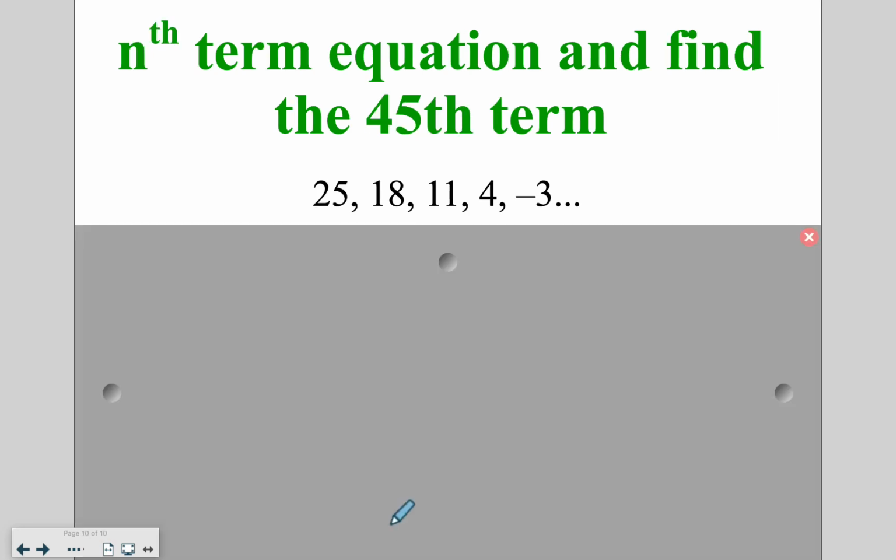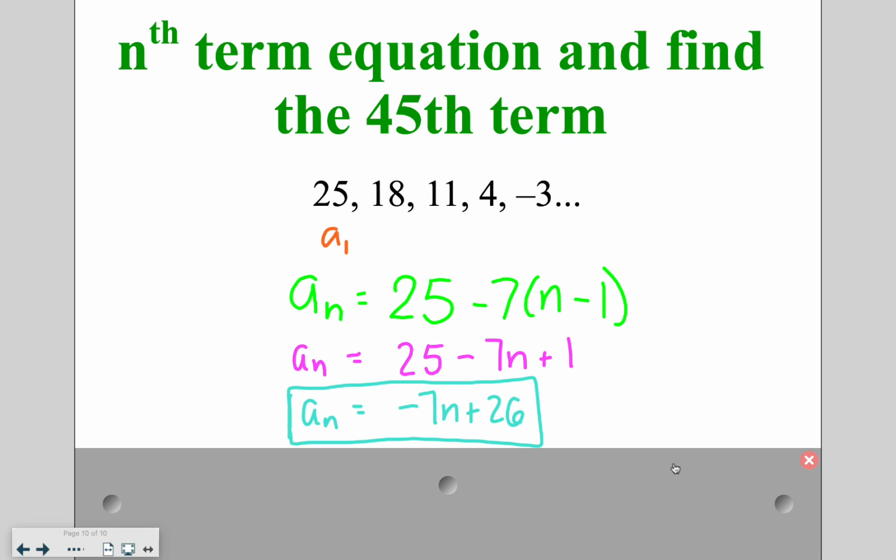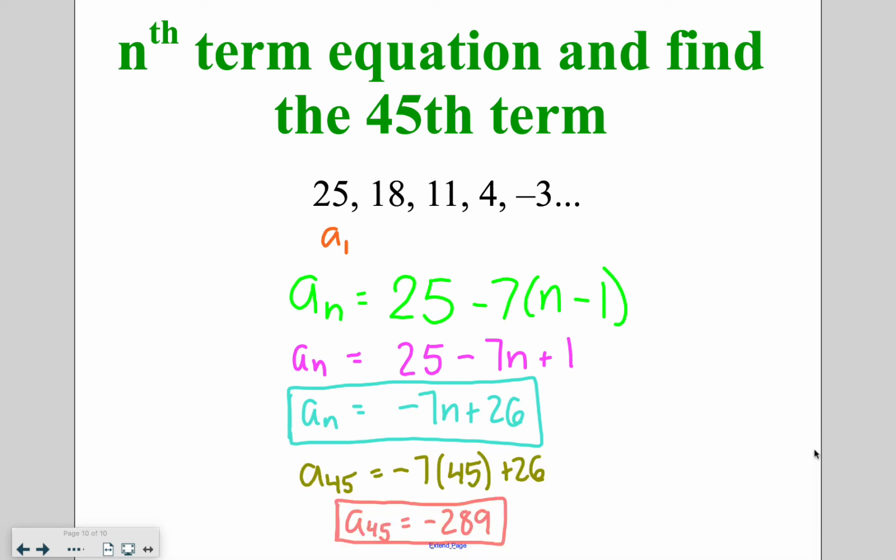Go ahead and write the equation for this sequence on your own. So we plug in our A1 and our common difference. We distribute and simplify to get AN is equal to -7n plus 26. Now go ahead and find the 45th term on your own. So we plug in 45 and we get that A45 is equal to